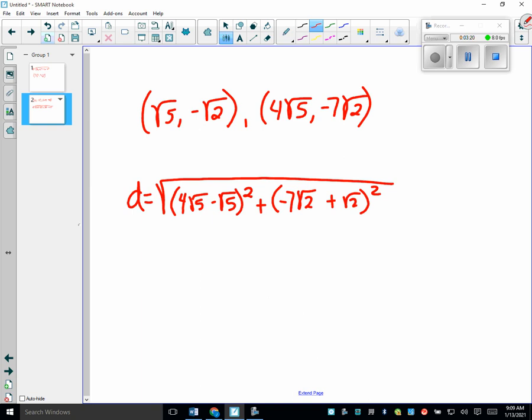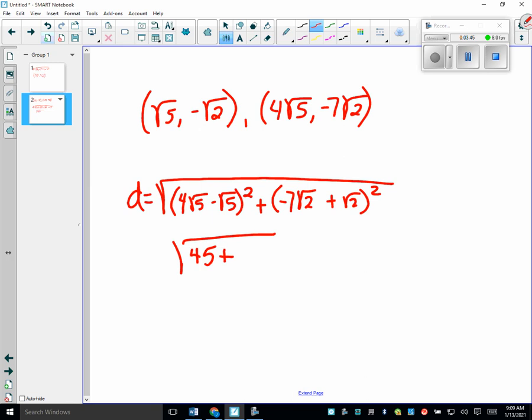What's 4 radical 5 minus radical 5? What's 3 radical 5 squared? You can do that on your calculator if you need to. 45? Because it's 3 squared times radical 5 squared. Right? So this is 45